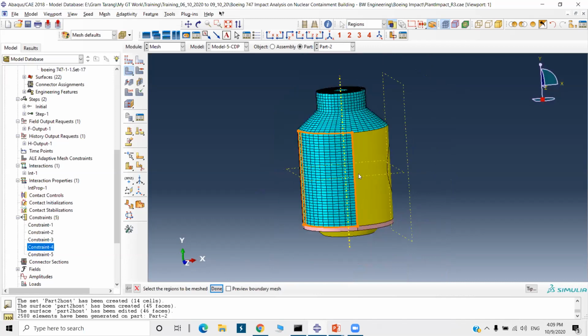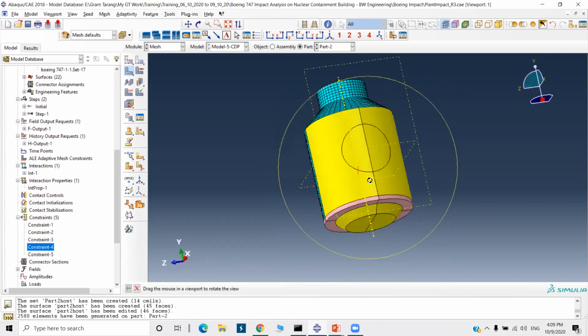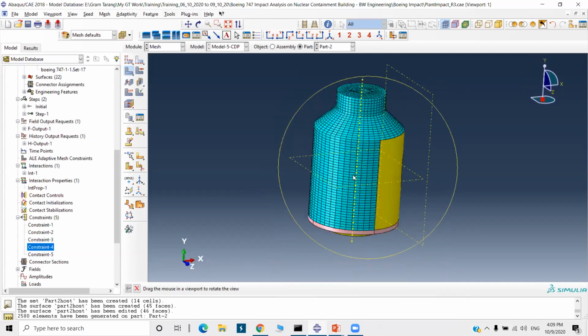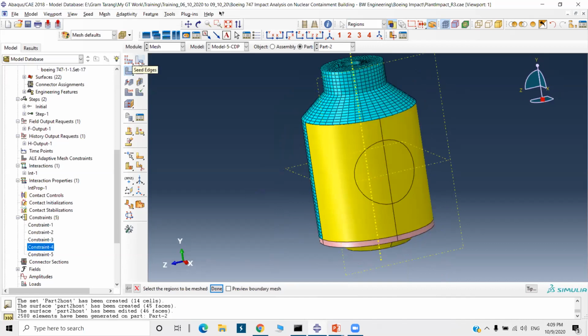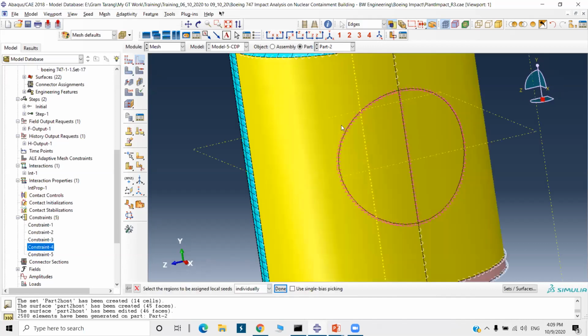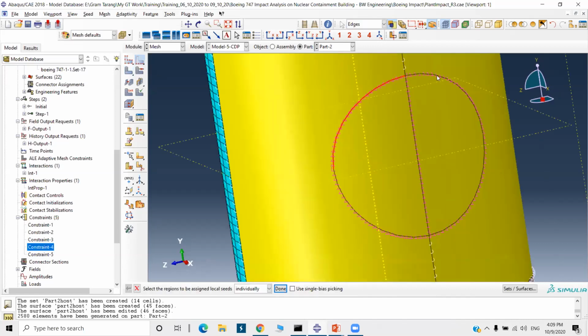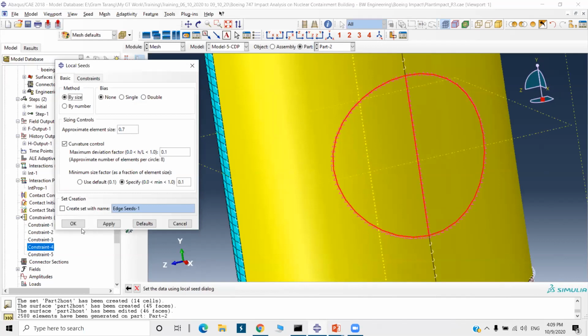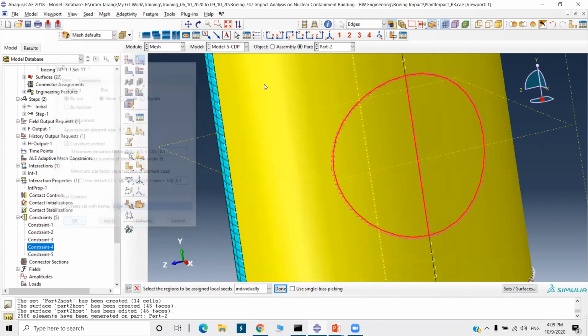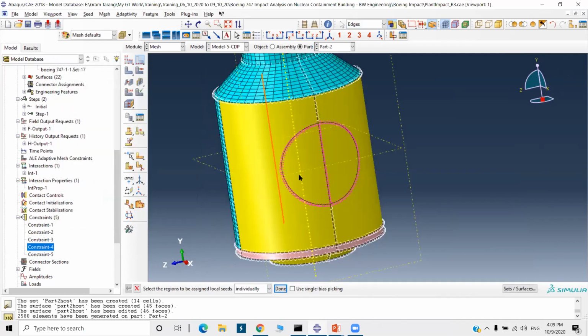Use of the partitioning here. You can see how we can define the different densities as per our requirement. Well, I will go for the seed edges. Okay, so edge, I will take this edge. Select these edges. Done. Edge is 0.7. For this size, we have taken bigger size, and for this smaller size.